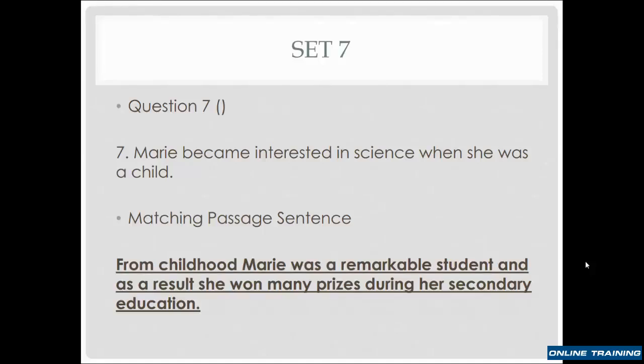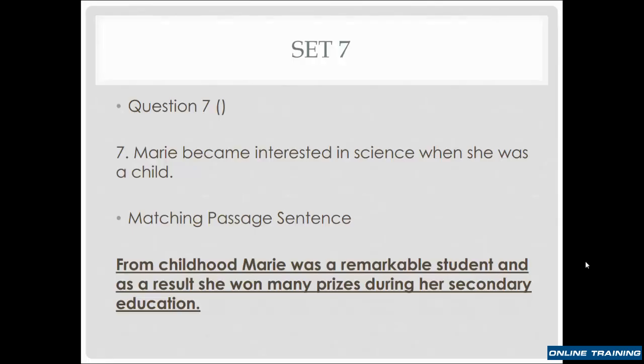Okay, so let's keep looking at our answer analysis for the yes, no, not given question. All right, so for question number 7, it says Marie became interested in science when she was a child. And then our matching passage sentence that we scanned and looked for and pulled from the passage says that from childhood, Marie was a remarkable student, and as a result, she won many prizes during her